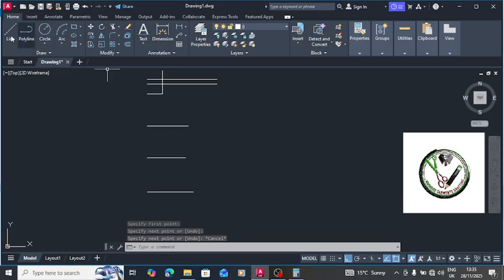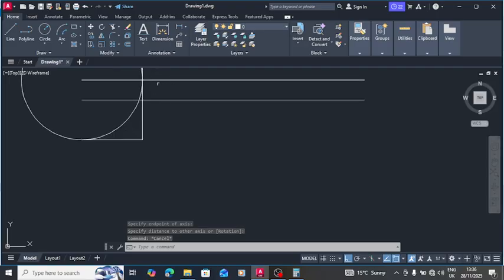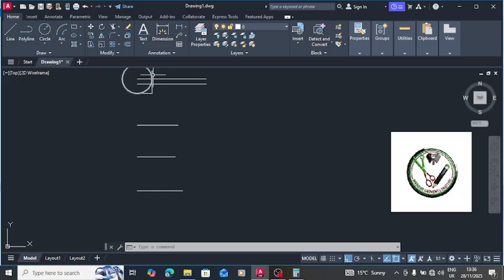Now from there I will draw, I use this one, 1, 2, 3, escape. Okay, I want from this intersection to that center line, that is the shoulder. Then again I'll come to this one, 1, 2, 3,